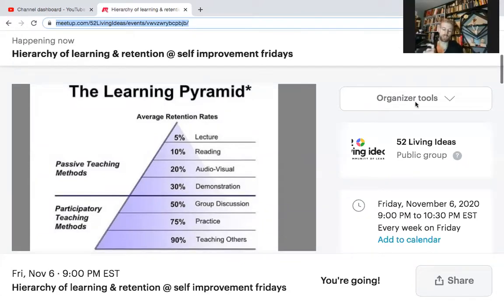So the first section of active learning, I would say, is group discussion. And this is because we tend to retain about half of this information, because this is also an extension and superimposed on top of demonstration and audio visual. Because when we see an objective truth or fact, or maybe we're discussing a particular work of fiction or a book, like we do in many of these meetups and discussions,